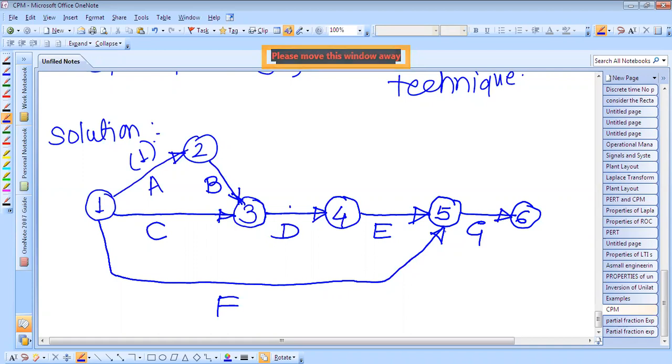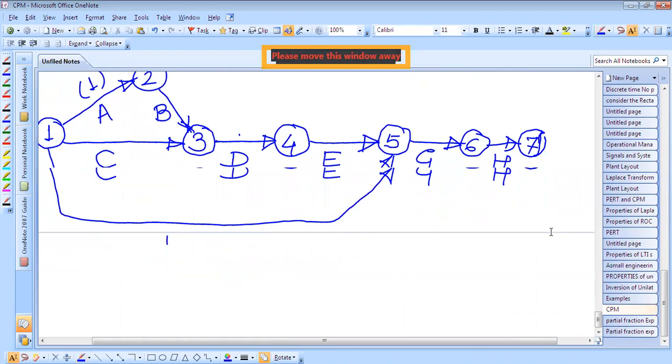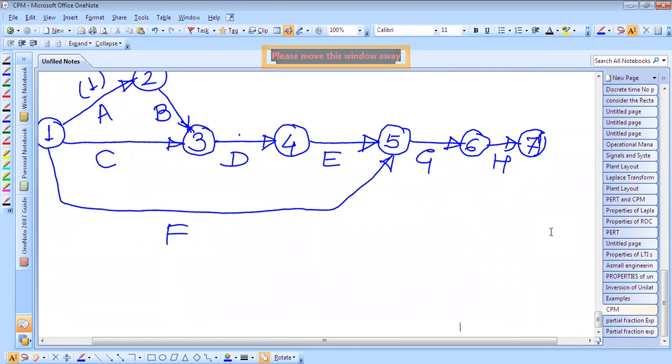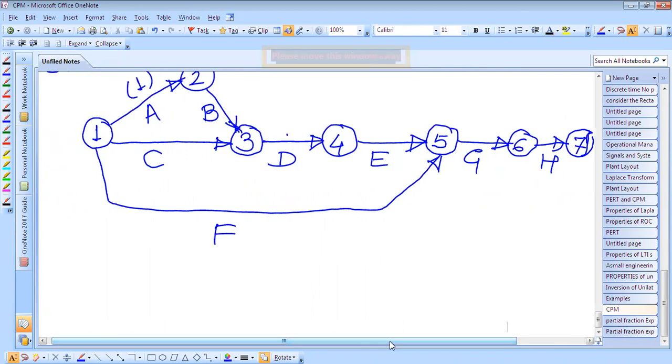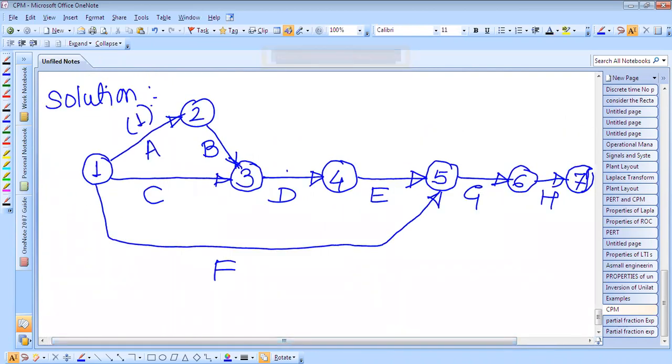The last activity, once we fix the lining on the inside of the tank, is to paint the tank from the outside. Once the tank is fabricated, we have to paint it, give color to the tank. This is the painting activity, activity H. So depending upon the given activities, we have drawn the arrow diagram. This is your arrow diagram.